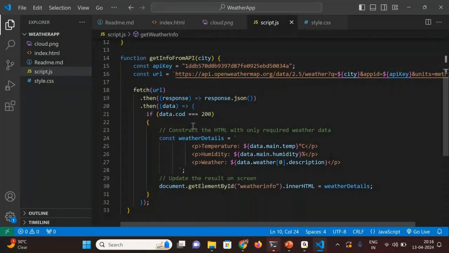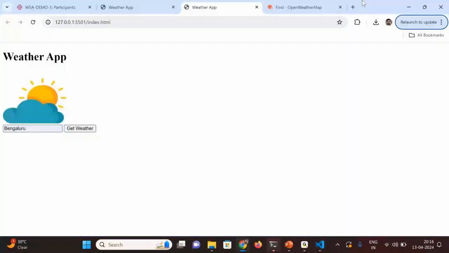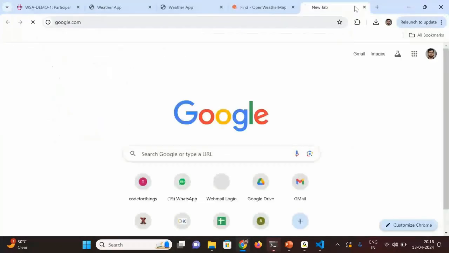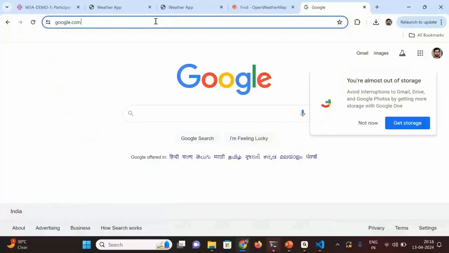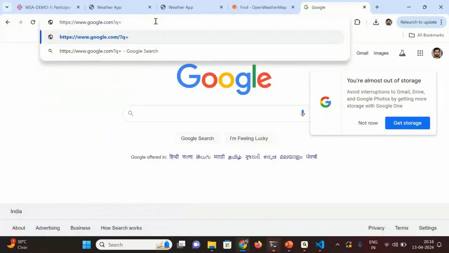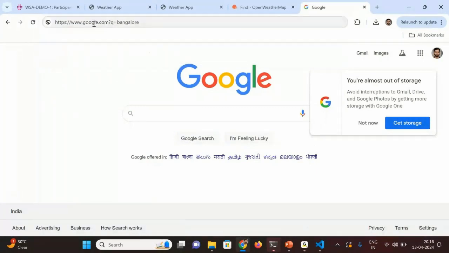So the idea is that any service you want to access, you have to give the name of the URL, right? For example, let's say you go to a website like google.com, right? What happens when you type google.com? When you type google.com, it displays this page. It's not going to do anything as such, right? But if I type something like this, q is equal to Bengaluru,